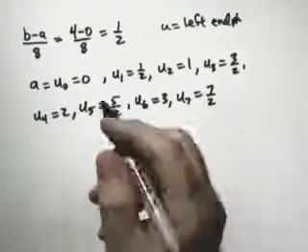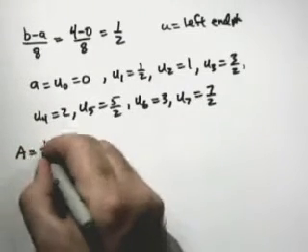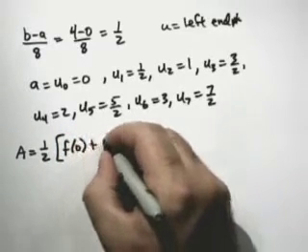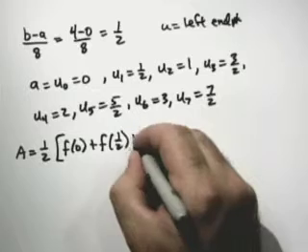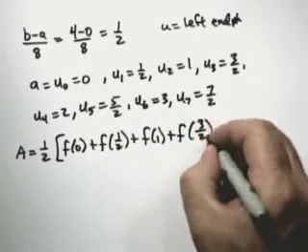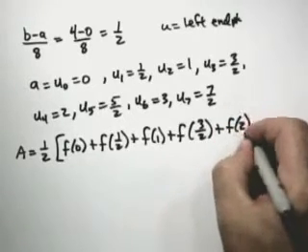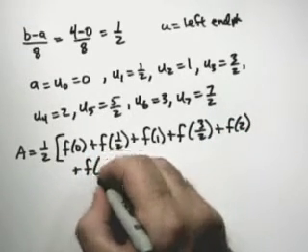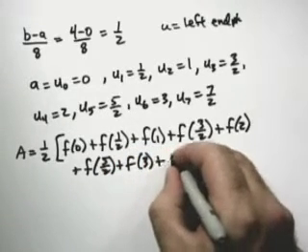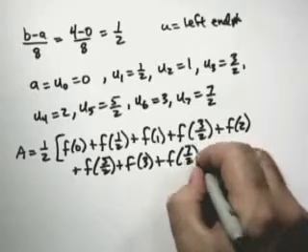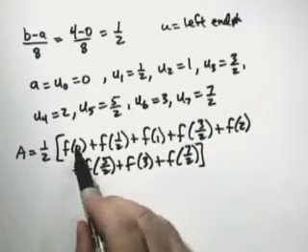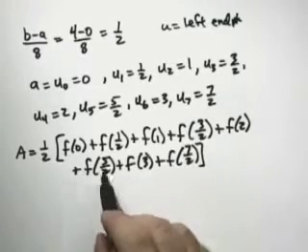So the formula for our area will be 1/2 times f of 0 plus f of 1/2 plus f of 1 plus f of 3/2 plus f of 2 plus f of 5/2 plus f of 3 and plus f of 7/2. This half comes from the width for each of our rectangles, and these are each the lengths for the respective